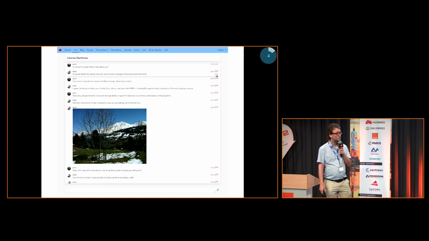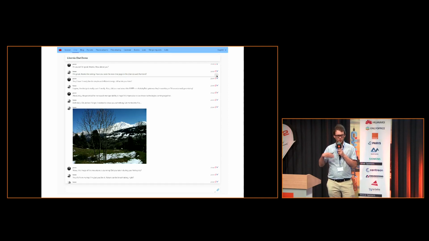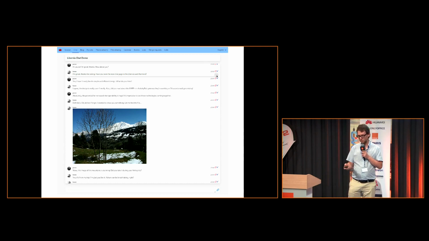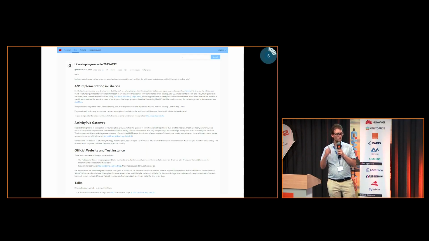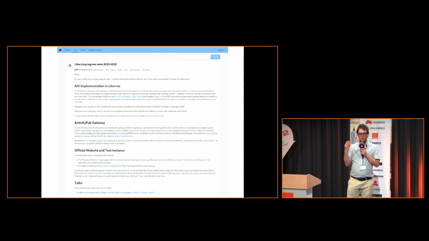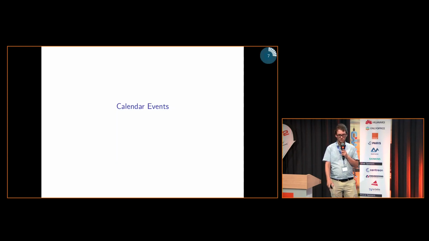So to give you a rough idea of how it looks like, I took a few screenshots from the web interface. So this is the chat. There's been a lot of work in this version, so it gives a good idea, but it's not a definitive look and feel. It will improve. There's still features which will be added to this one. There's a blog engine, so everything you can expect from a usual blog engine. You can use XMPP to make comments. You can also use ActivityPub. We'll talk also about that later.